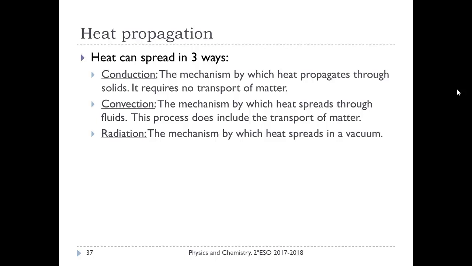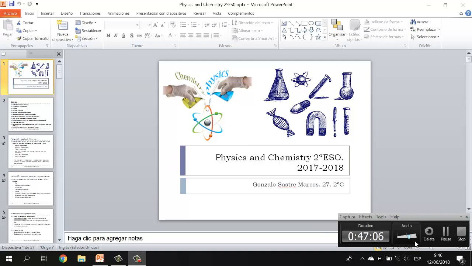And thermal equilibrium: we say that two bodies, A and B, are in thermal equilibrium if they have the same temperature. Heat propagation. Heat can spread in three ways, which are conduction. Heat propagates throughout